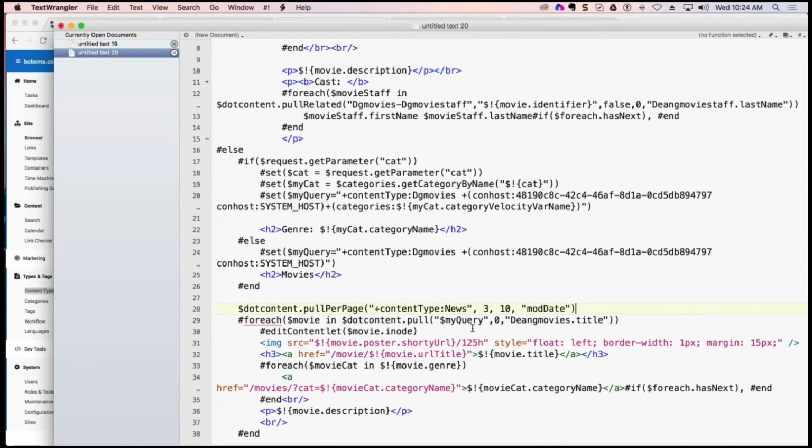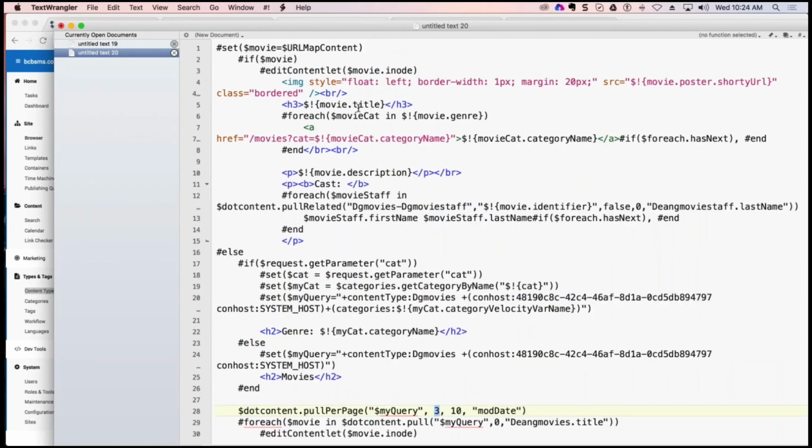And we're going to go ahead and do this. Our query is being set over here, so we can just go ahead and take this my query here and feed it right in here, right? And 3 per page. Let's do this so that we don't have to make little numbers and buttons on the left and the right or anything like that, but